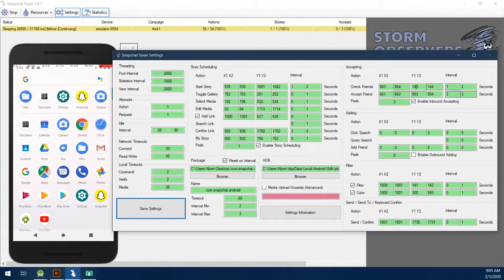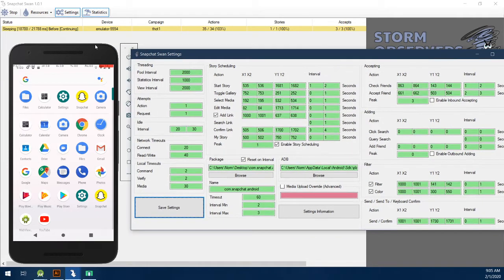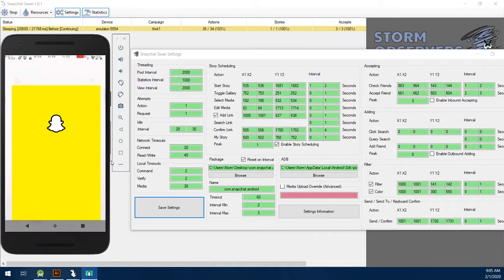Now if I just let this go, it'll do another 3 infinitely, essentially, right? So you're building an audience nonstop. I'm going to go ahead and disable this so I can set up adding via outbound right now for you. So we're going to go back to our Snapchat,